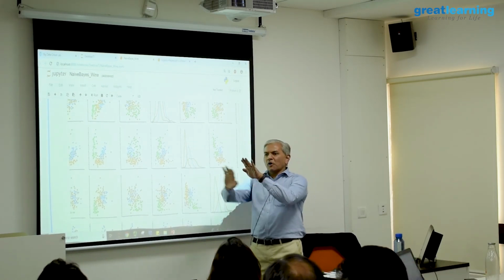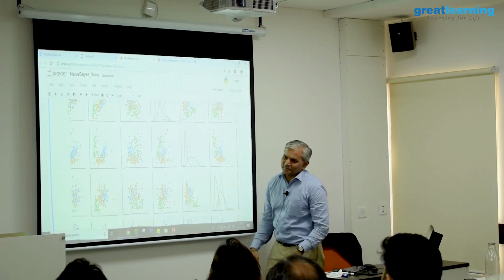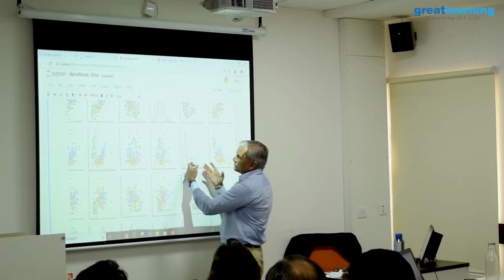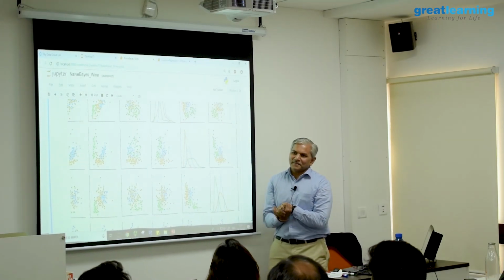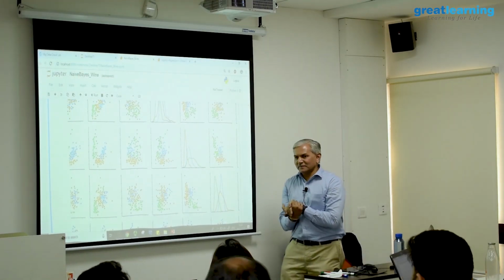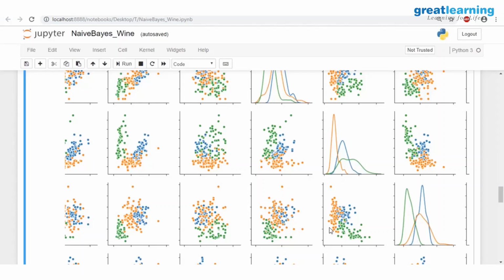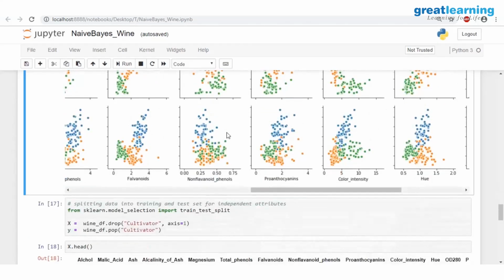So one dimension will compensate for the other dimension. So overall, these weak predictors put together become strong predictors, and as you will notice when you go down the line,